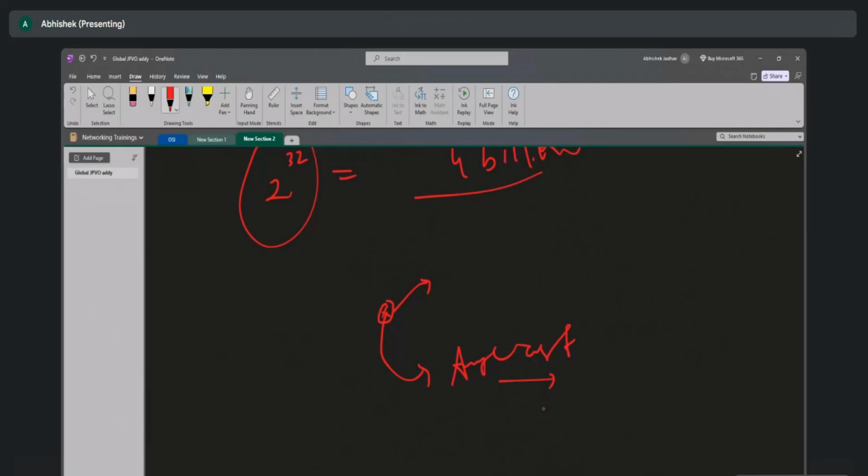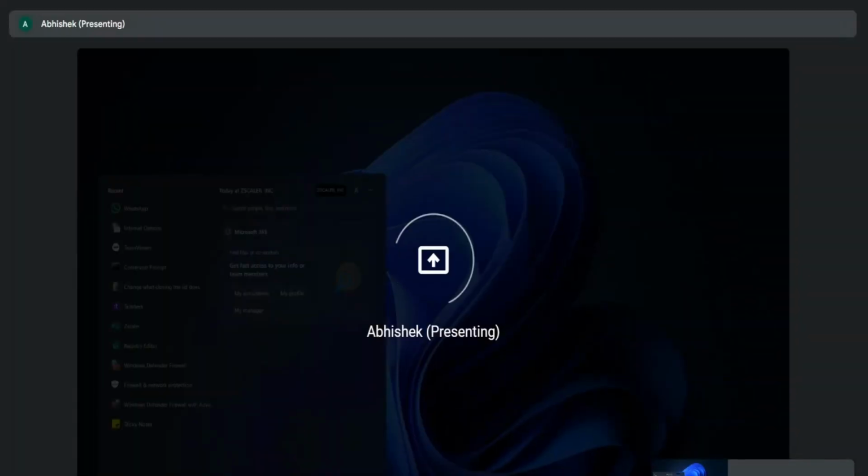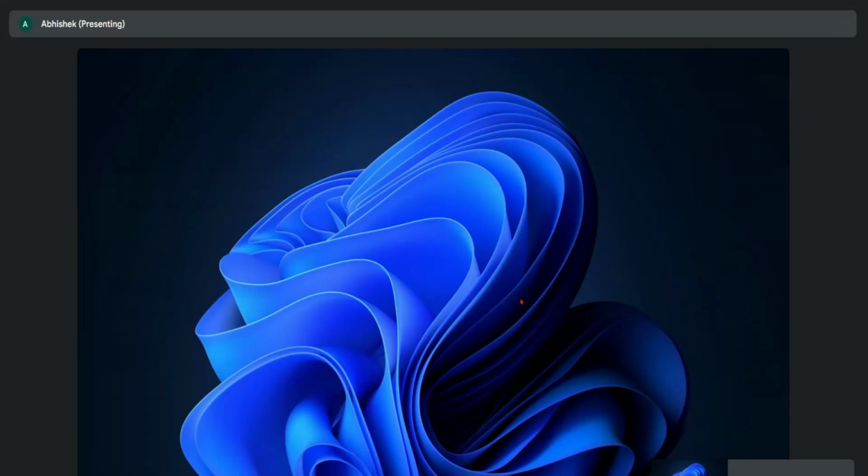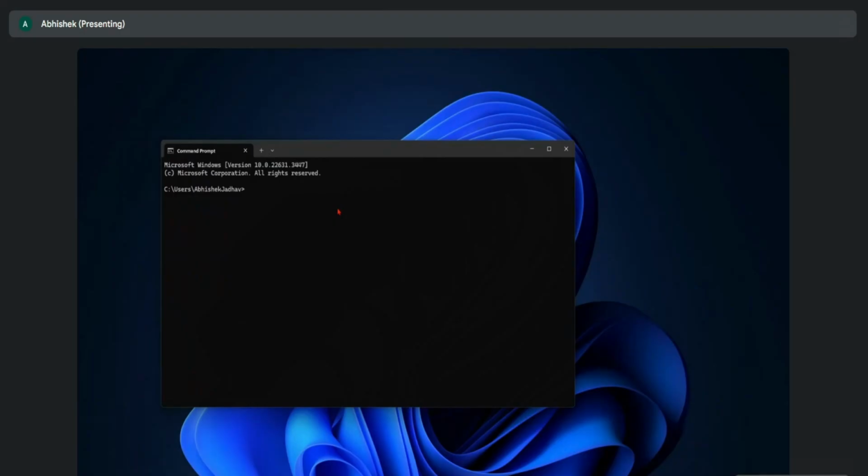Right. So that's about that. So before we wind up, I'll just show you how the interfaces actually look. Just a second. Okay. So, if you see this,